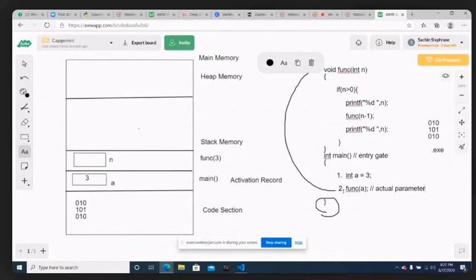At the time of calling, whatever data that you are passing, that parameter is called an actual parameter. Here in the function definition, if you are giving any parameter list at the definition phase, that parameter is called a formal parameter. Okay, fine.